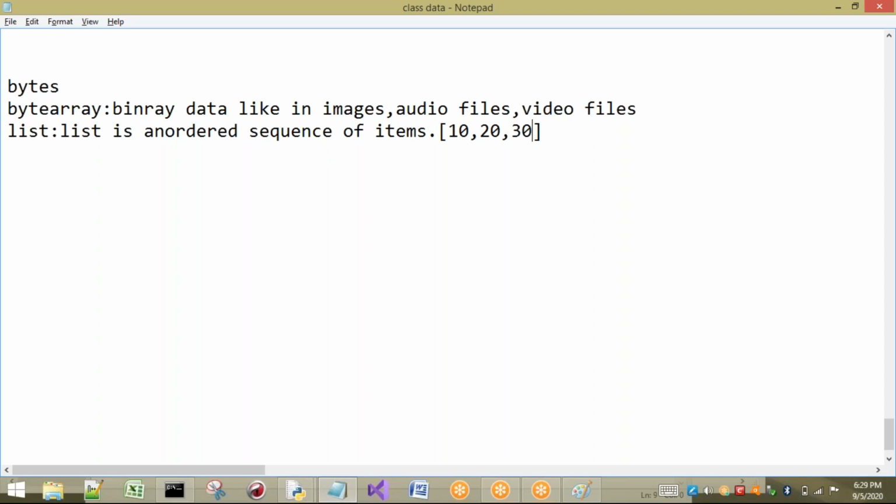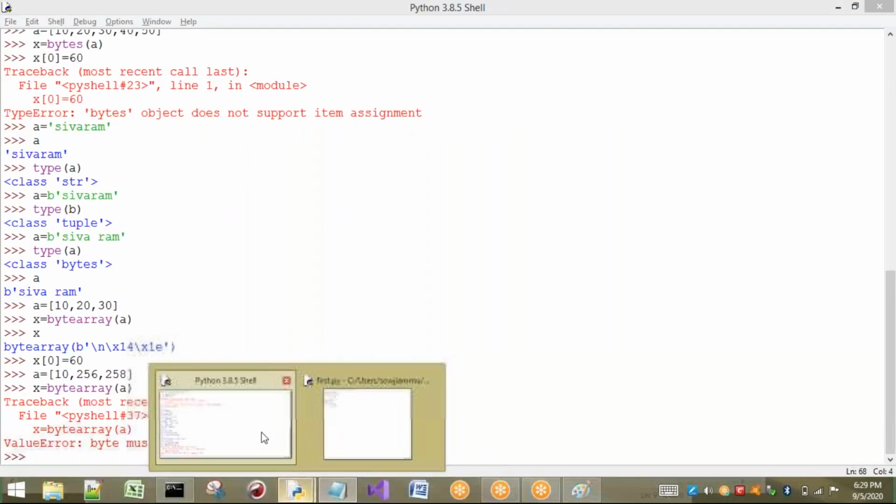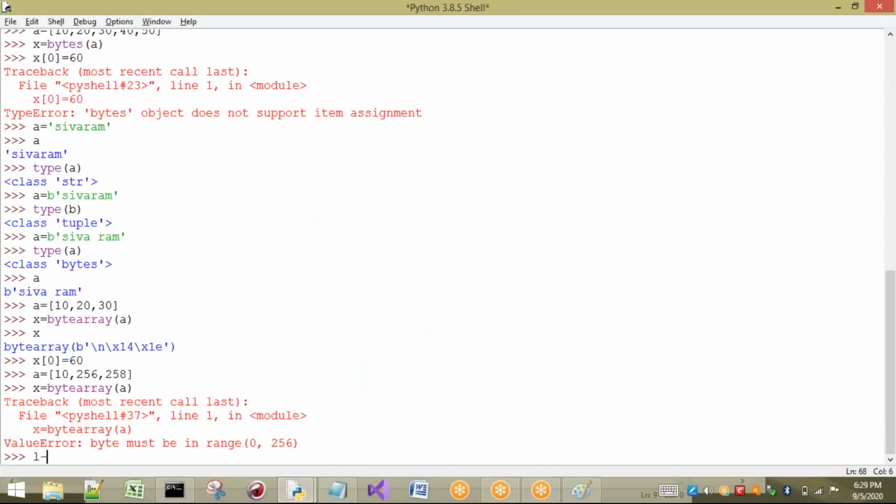Okay, two things here we have to understand. What is a list? An ordered list is an ordered sequence of items, and if we want to represent a list we have to use square brackets, and internally to separate the elements in the list we are going to use the comma as a separator. So, example, I will show you the example now. See, I am going to take some L equal to 10, 20, 30 for example.